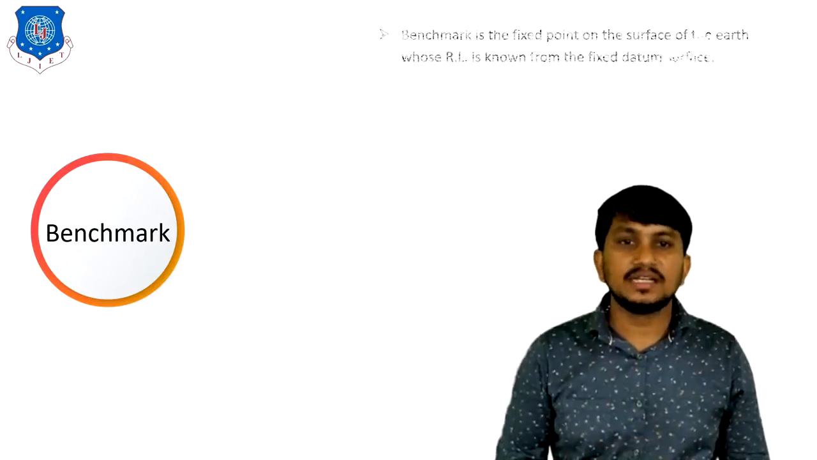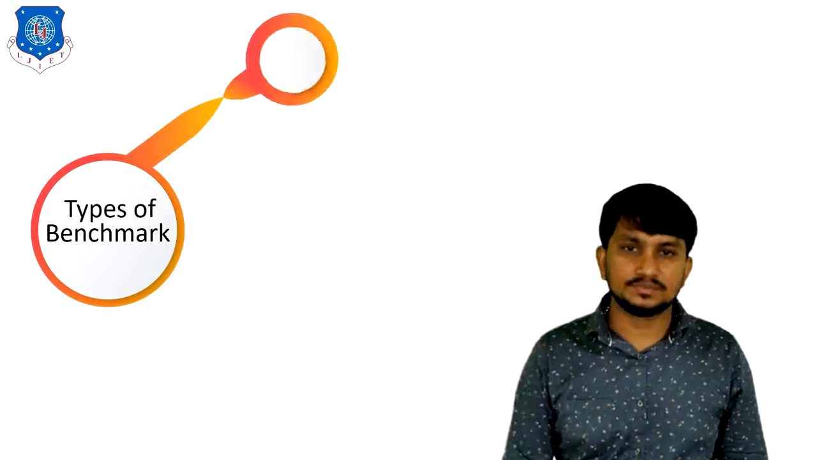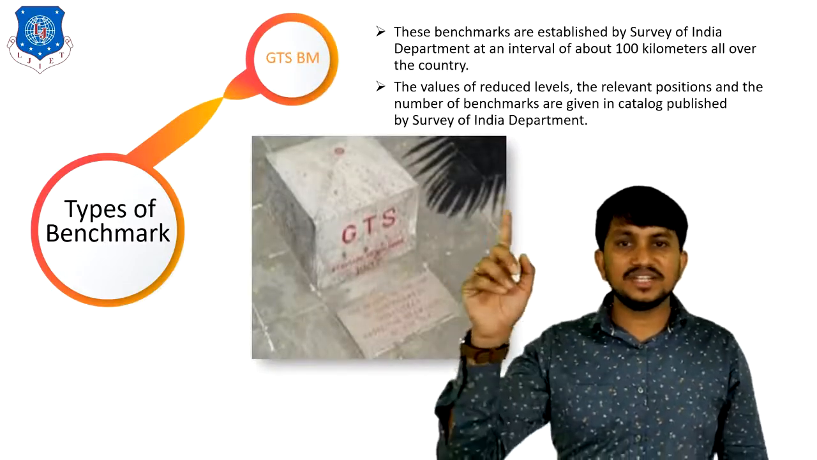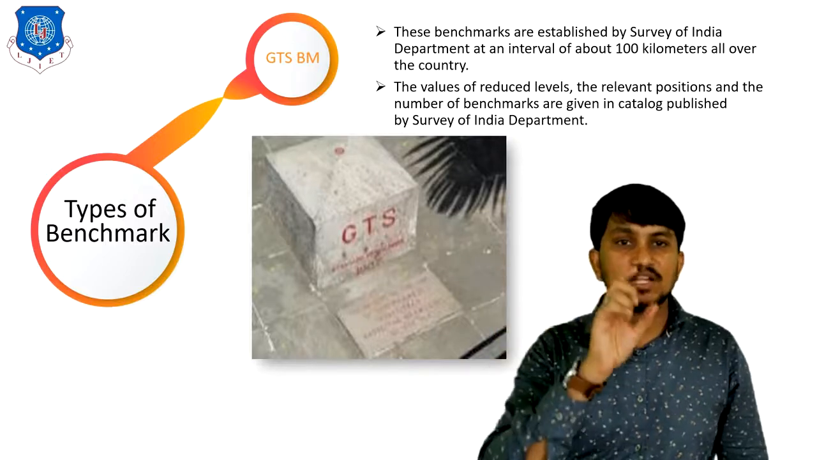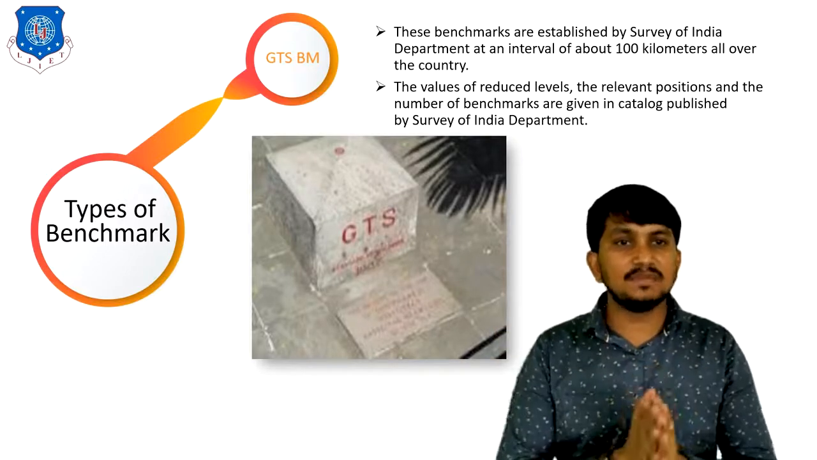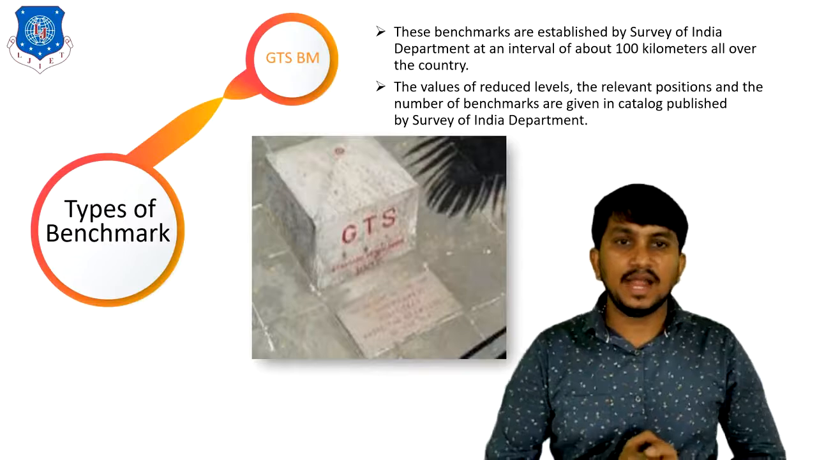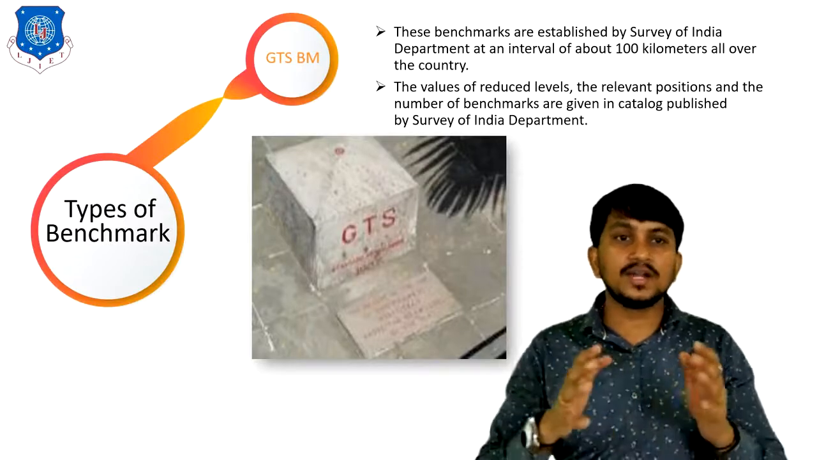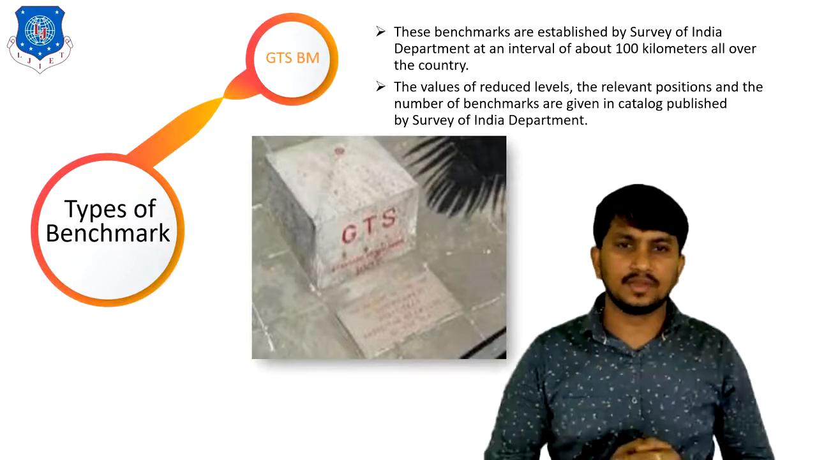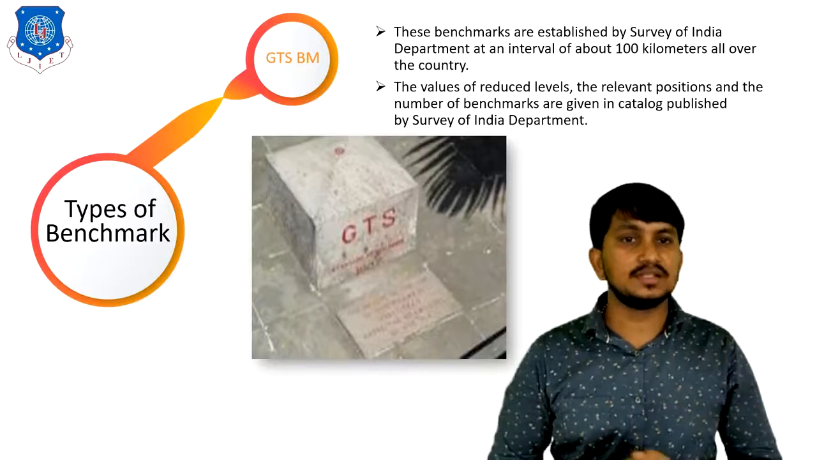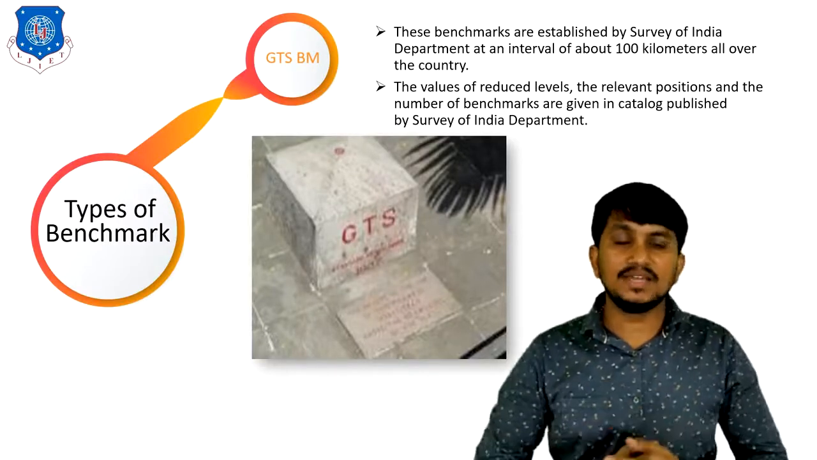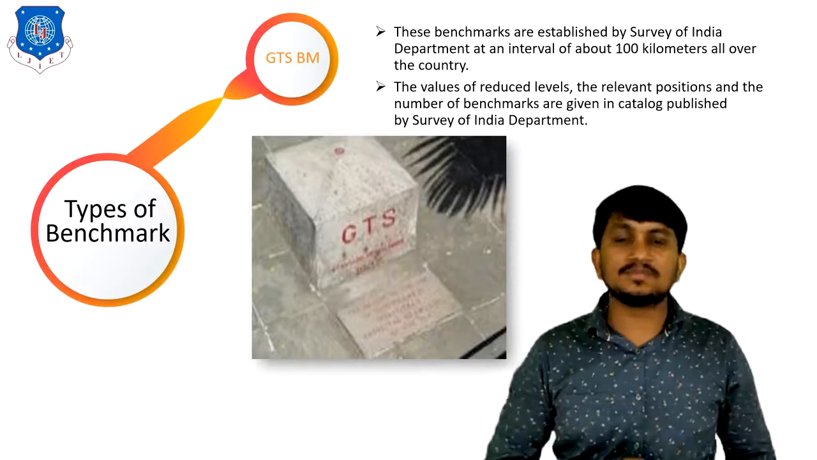There are various types of benchmark. First is the GTS benchmark. The full form of GTS is Great Trigonometrical Survey Benchmark. These benchmarks are established by the Survey of India Department at an interval of about 100 kilometers all over the country. The values of reduced level, relevant positions and the number of benchmarks are given in the catalog published by the Survey of India